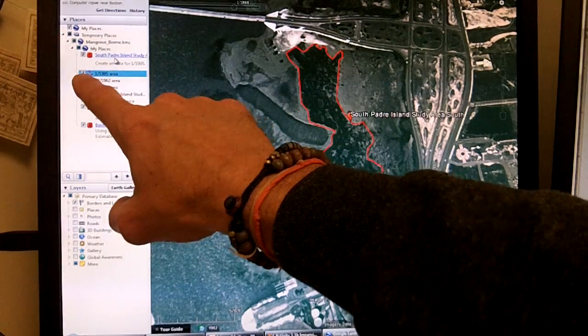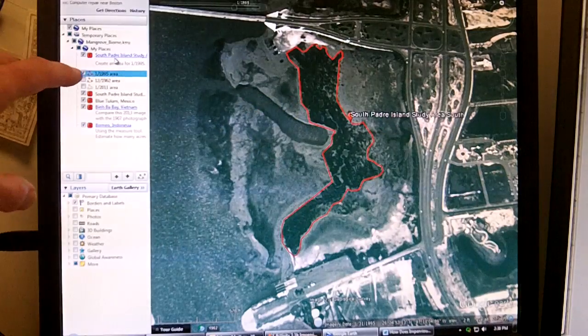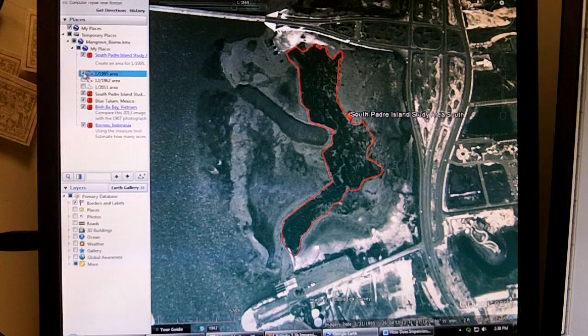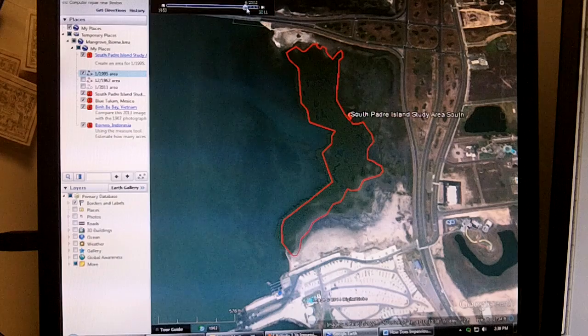And you can see that it's got a check in it. It's checked off so I can see it. If you uncheck it, it goes away. And now we'll go up to the timeline again, and I can click over a little bit further, and here's